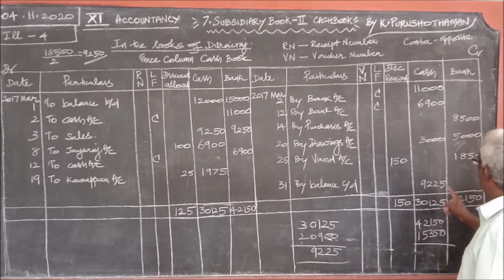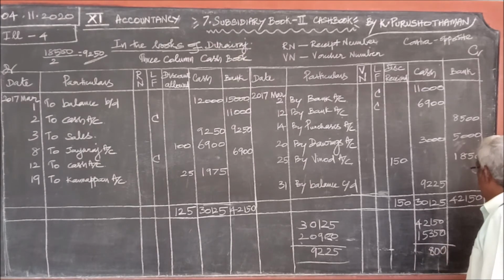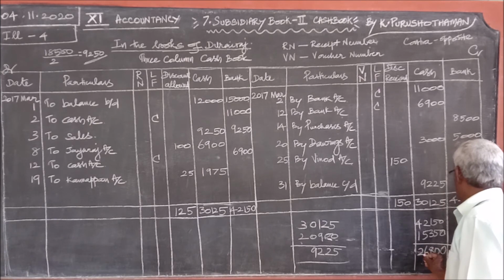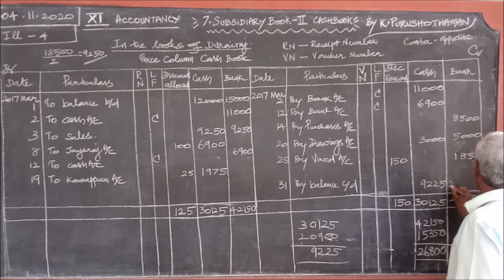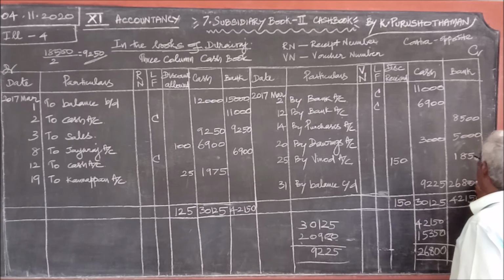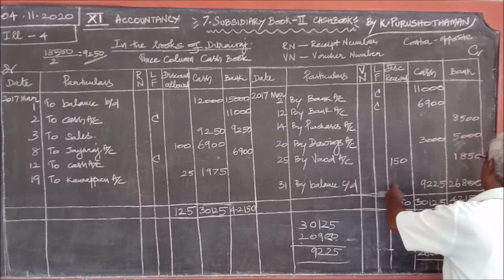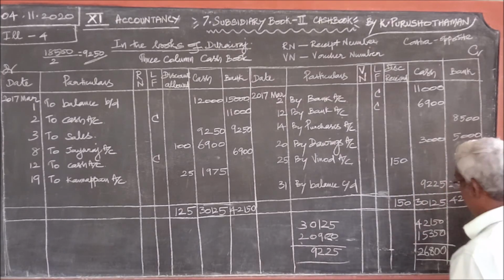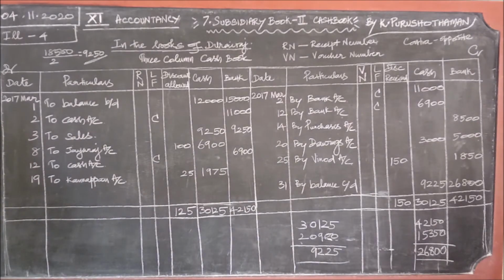What is the missing amount or balancing amount? We can subtract and find it: 11 minus 3, 8; 11 minus 5, 6; 3 minus 1, 2; 26,800. We have already written the balance carried down on this side. Only one sheet is enough and there are the other two. Okay, now we can pass on to the next one.